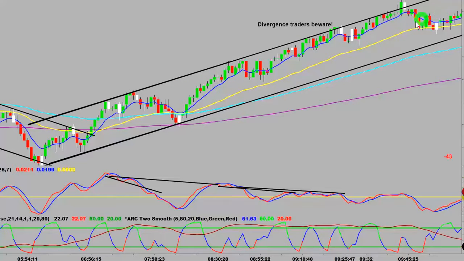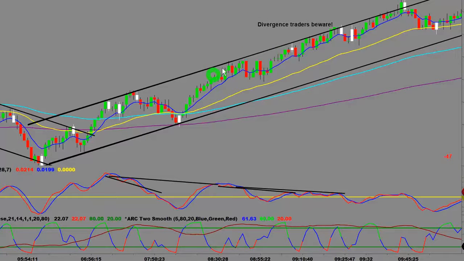When you see price action running parallel with your major EMAs, that is a real warning sign. This is where divergence traders get really slaughtered. And what you can see down here on my platinum MACD, I had multiple potential divergence trades and entries. Now what you really want to look for is, if you're really interested in a divergence trade, you want to look